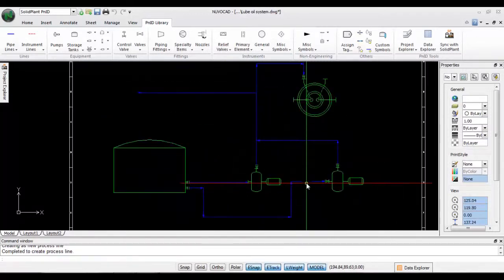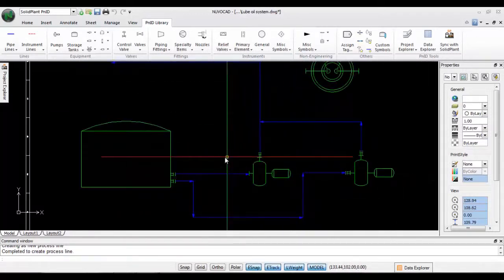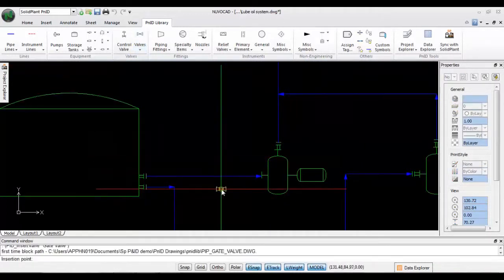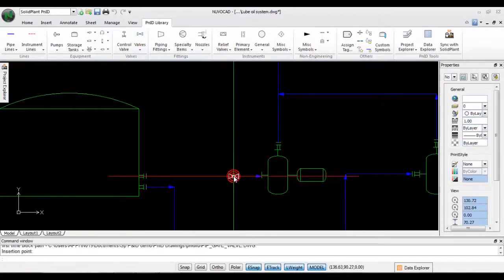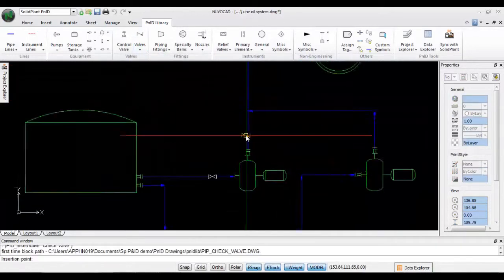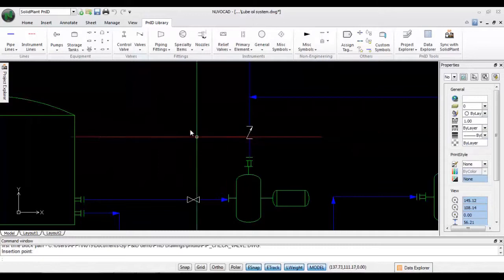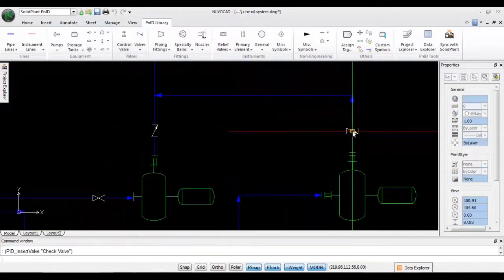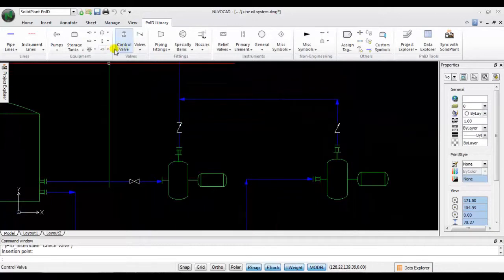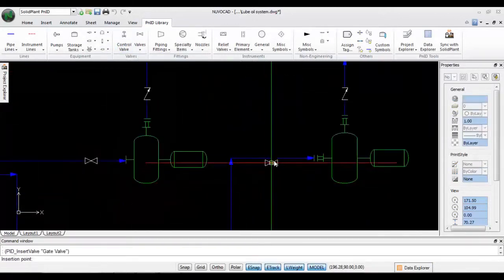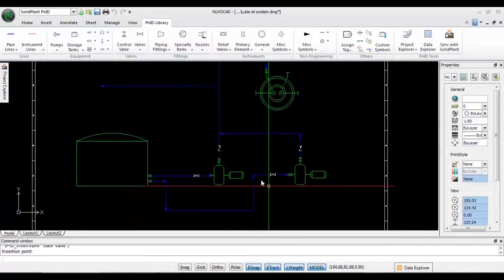Okay, let's place some valves. I want to place a gate valve here and a check valve at the discharge of the pump, and also one more check valve at the discharge of the other pump, and a gate valve at the suction of the pump.